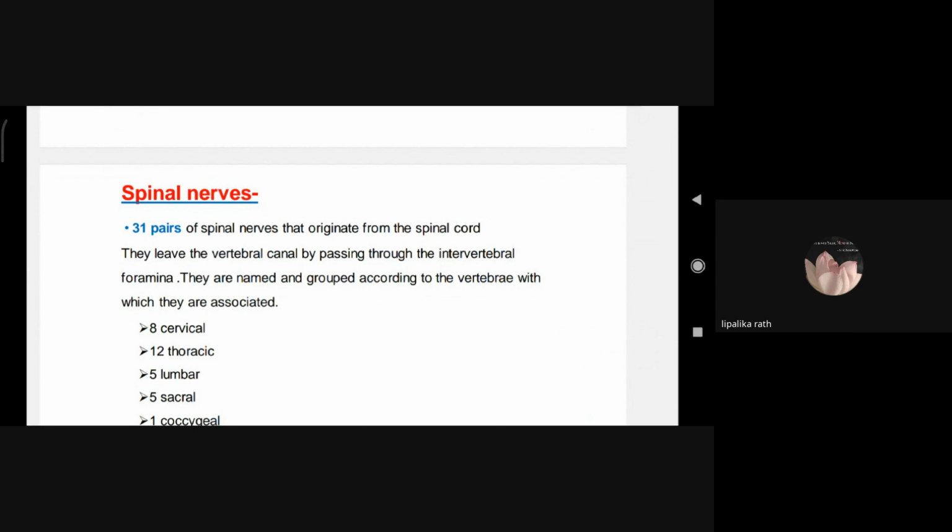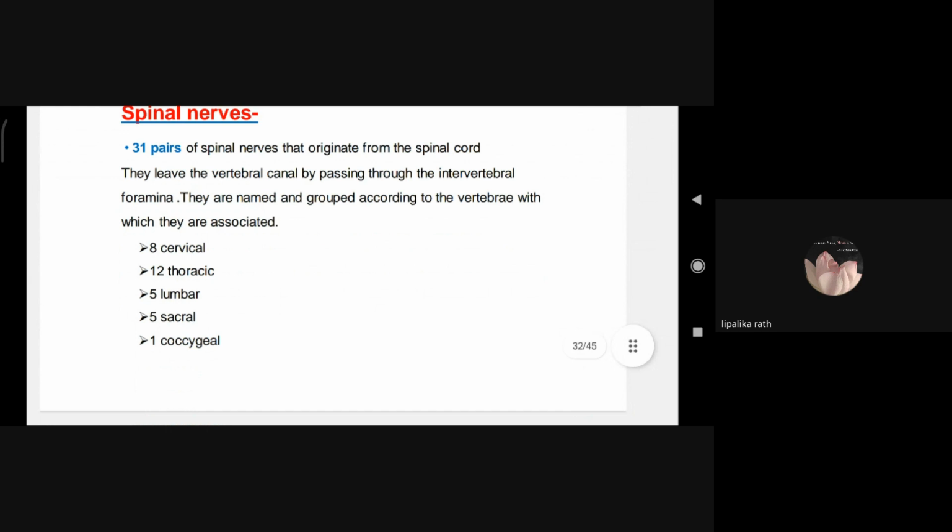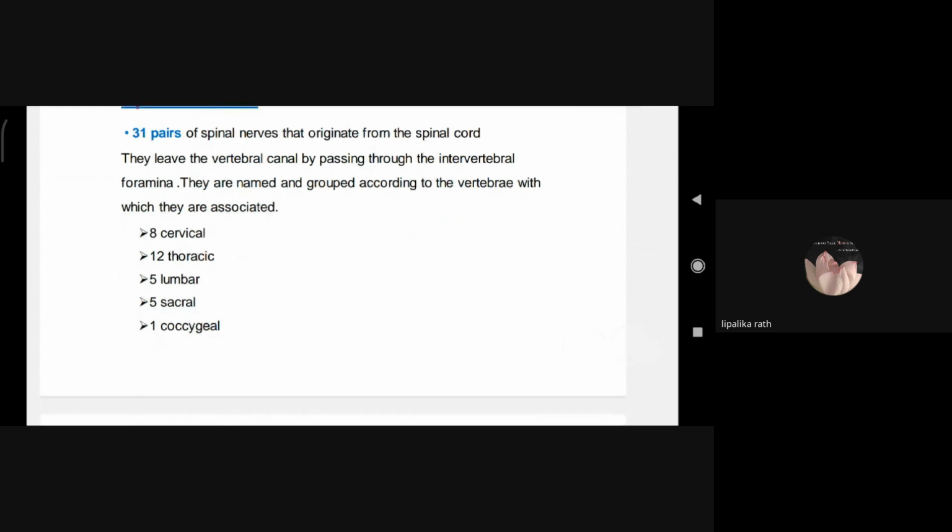They are named and grouped according to the vertebrae with which they are associated. So, 8 pairs of cervical nerves, 12 thoracic nerves, 5 lumbar, 5 sacral, and 1 coccygeal. This is the division of spinal nerves. 8 pairs of